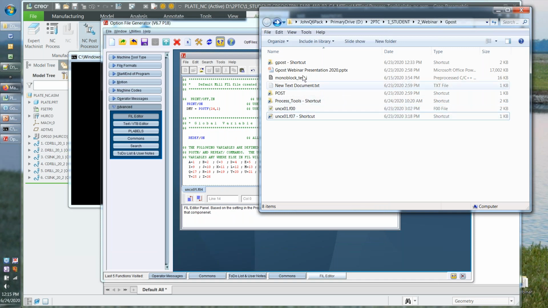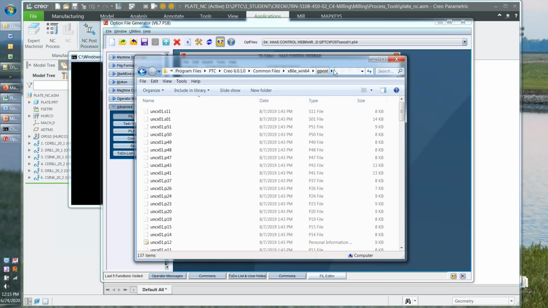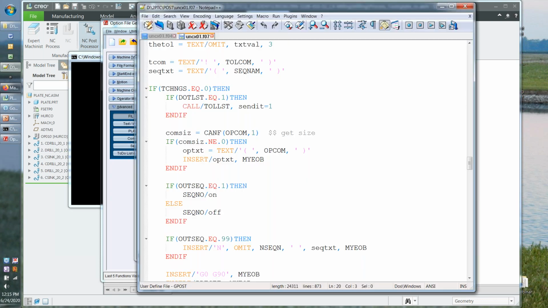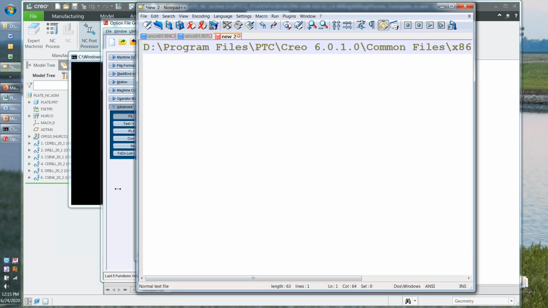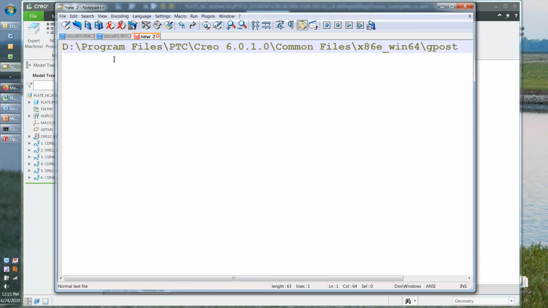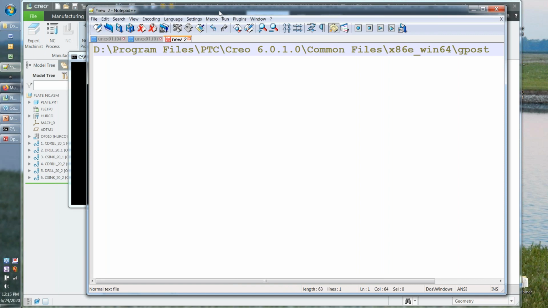So where that gets put is in your GPost folder. Hopefully everybody can see it, because I can't really, I'll copy and paste it into Notepad here if you give me a second, and then I can increase the size of this text so everybody can hopefully read it. But basically, this is my load point on the computer, okay? This is where I have Creo installed. Hopefully, this folder looks familiar to everybody, or you can go find it on your own system. The part I have highlighted in gray on the end now,